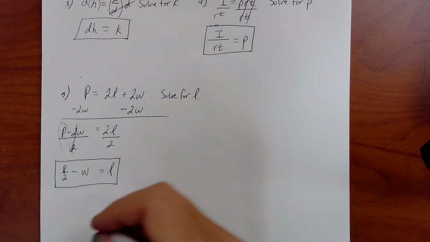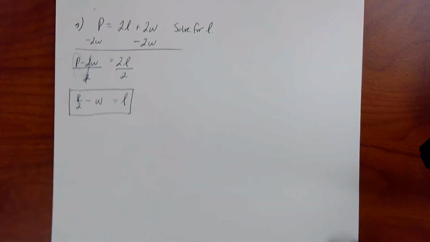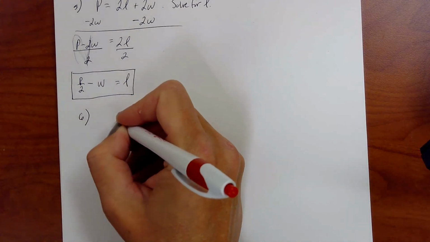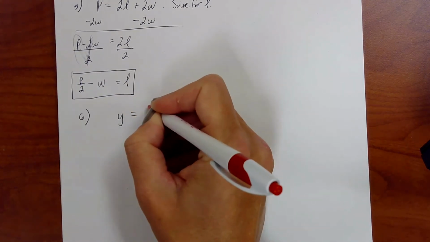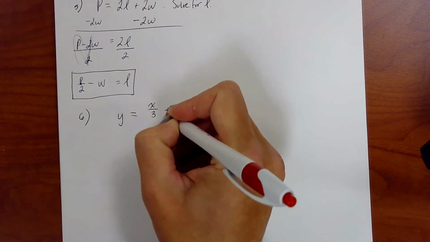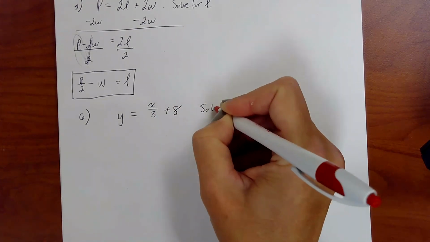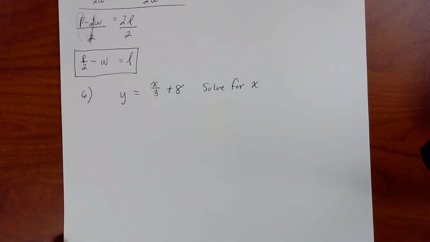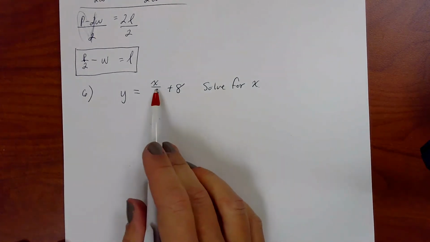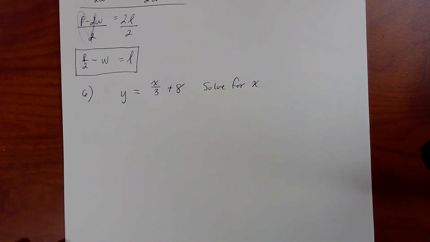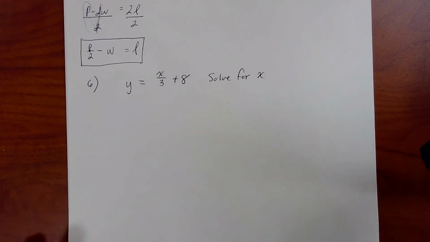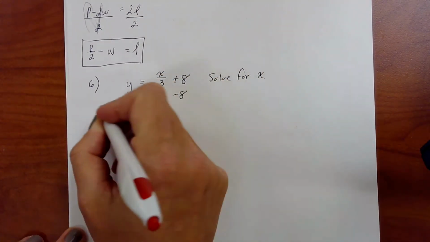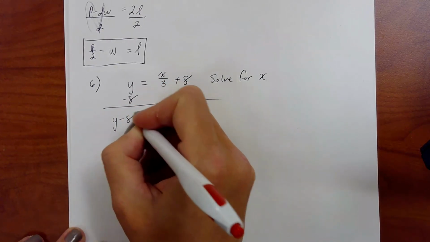One more that might be kind of tough. Let's do one more. Let's do y equals x over 3 plus 8. Solve for x. Okay, so look at the x. It's got a divided by 3, it's got an adding of 8. You have to undo both of those things. So I'm going to take away the 8 first. So I have y minus 8